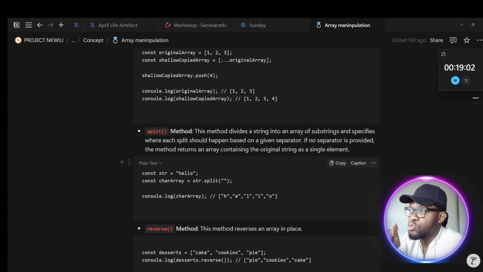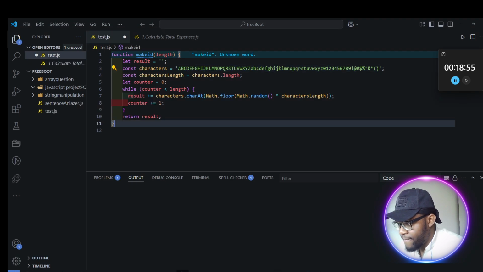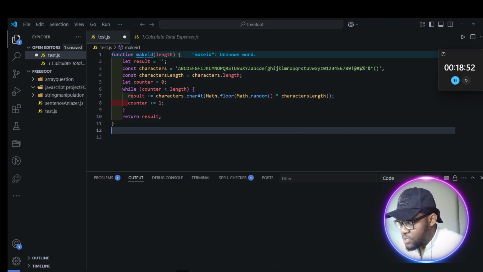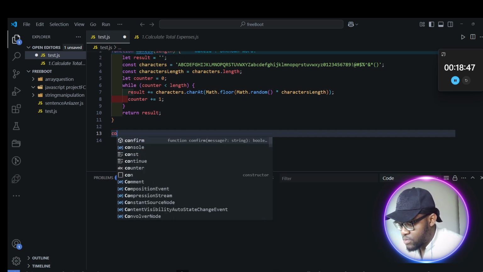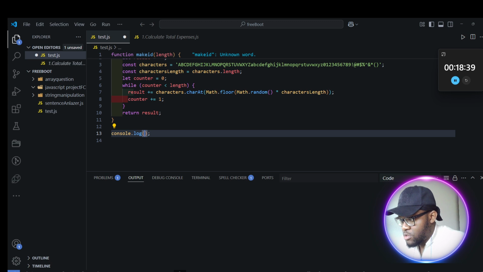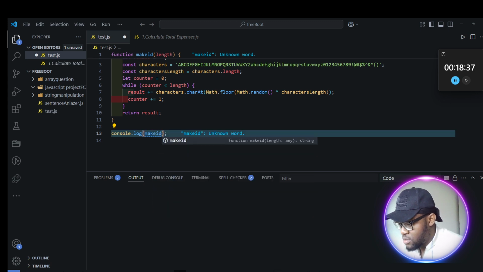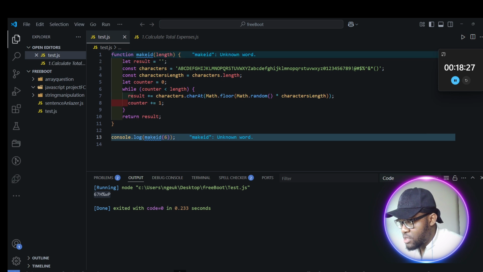So that map will just go through. Yes, actually we can use it. Let me copy it. Let me just make a test. Say console.log makeID. Let's say 6 characters, and launch it. Did it? Okay. Now let's just change it to